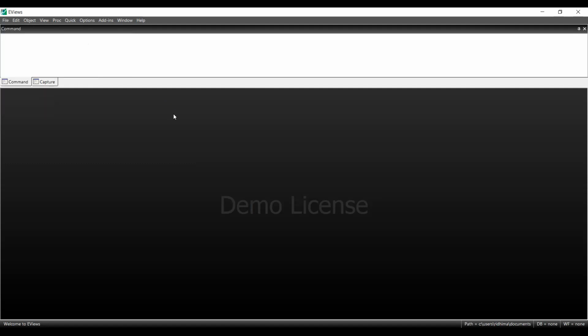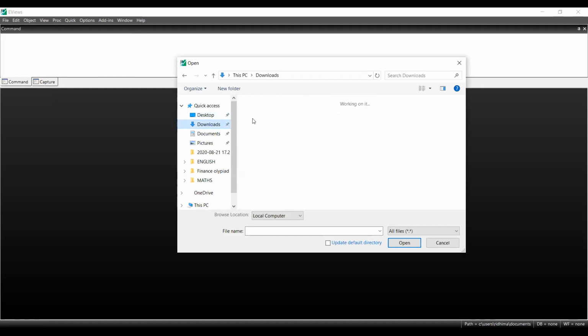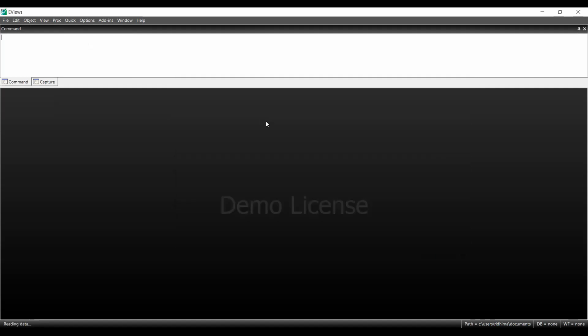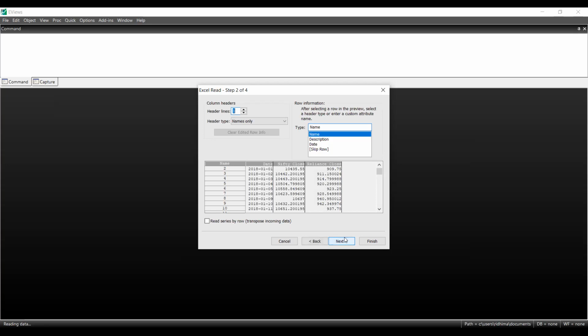That Excel file is nothing but, let's say, the prices of Reliance and Nifty, for example. So I'm taking this file wherever it was stored, and it will take some ranges, and the data is like this. You just have to press next. You have to just tell it that my headers are in row 1, so that it will take the data accordingly.